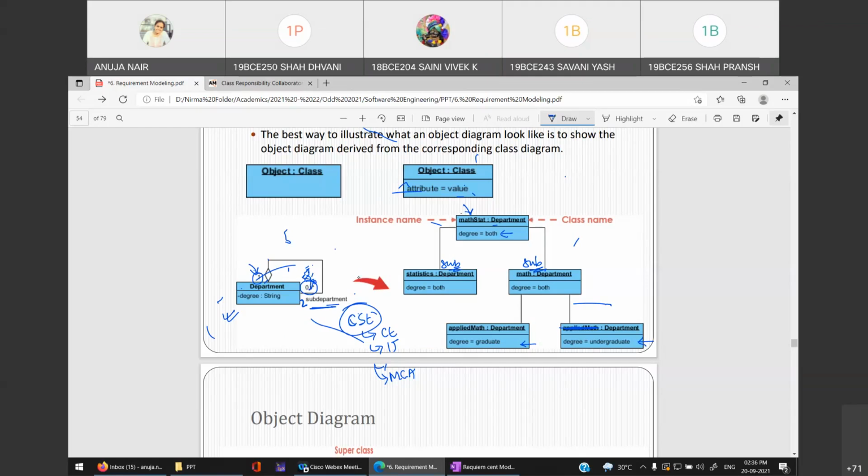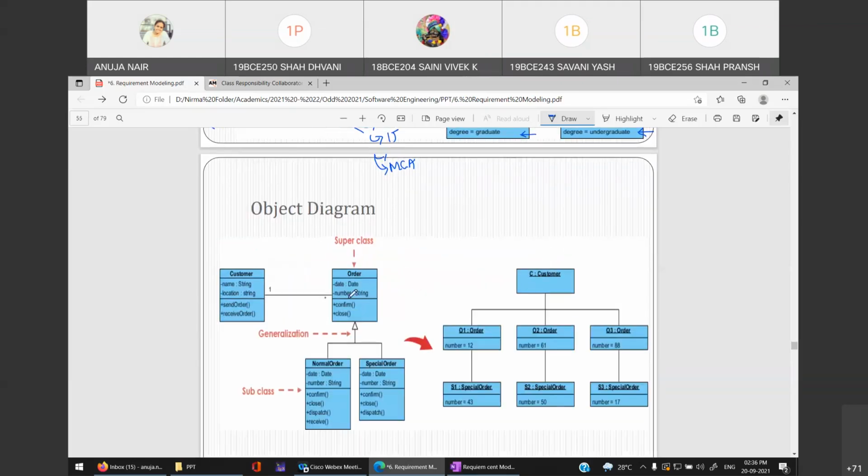So that means only two objects will be made. That is what it means, right? That is what multiplicity means, right? In how many ways is one class associated with another class? That means how many times you are calling the object. So 2 means 2 relations would be there, 2 objects would be there connected with one main department. So according to multiplicity you need to create the object diagram, right? If we go for another example, which is inheritance.